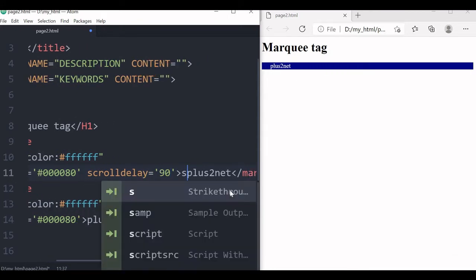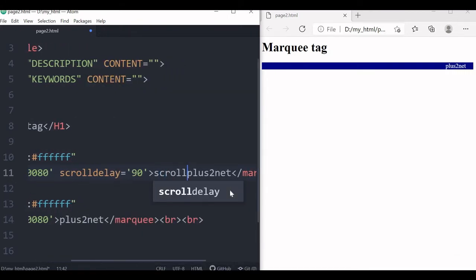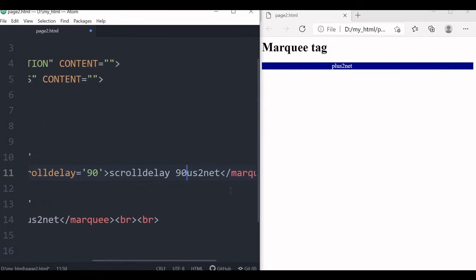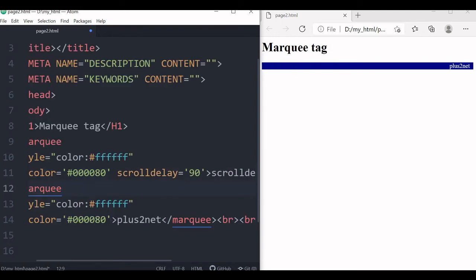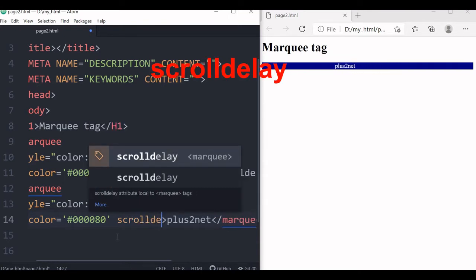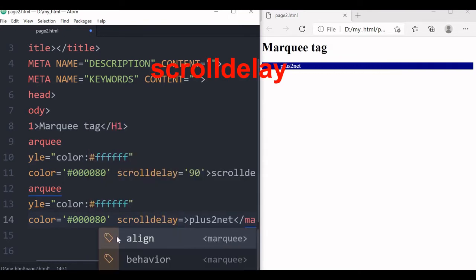Here we'll write it that one. Scroll. This is the text part. This is in millisecond. So the first one is scroll delay 90. The second one we'll change it. Scroll delay equal to, let's say slightly more, so it is 500.